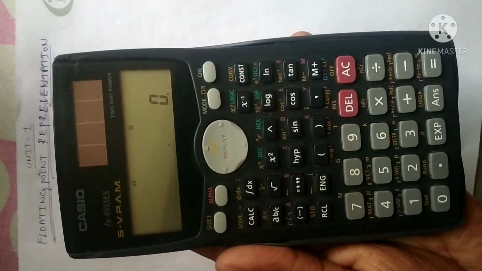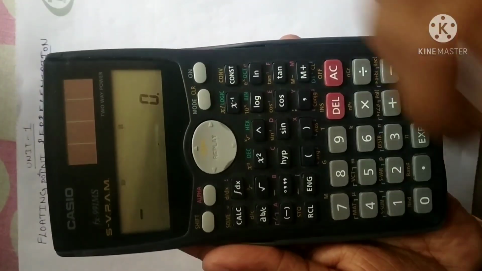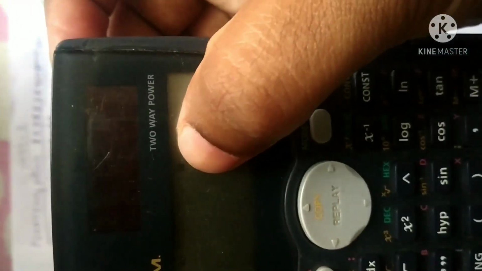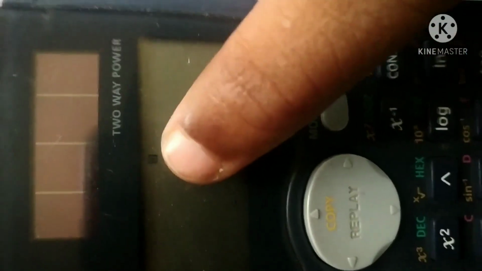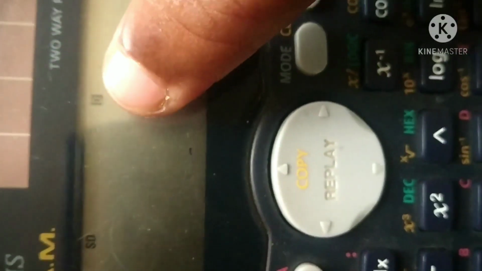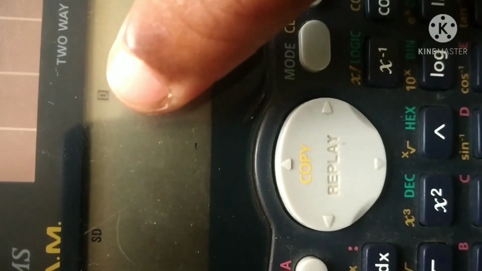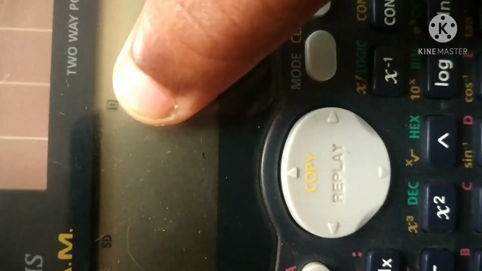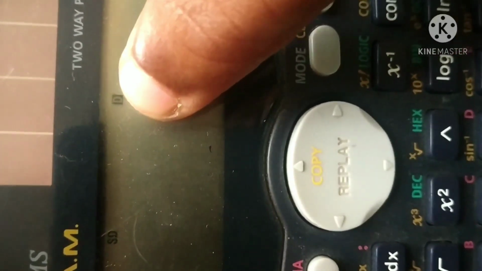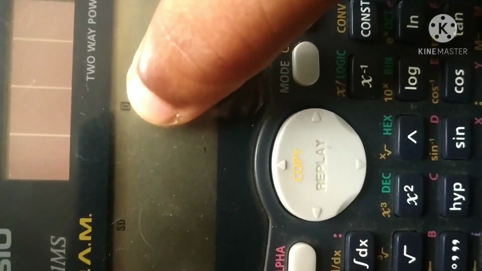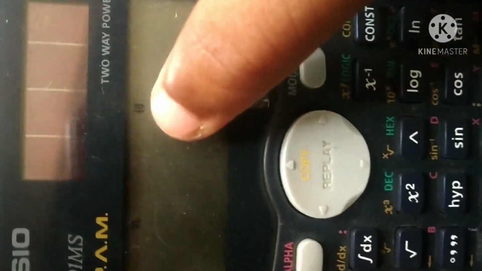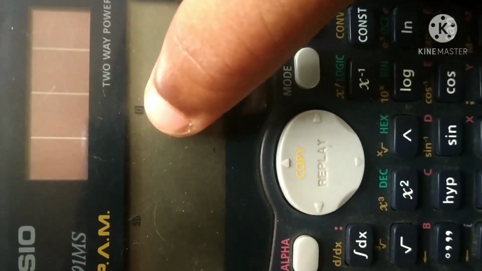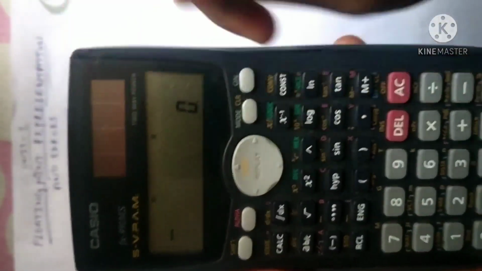Fine, that's all the setting. When you click that, you will get D here. Can you see now? Yes, see here, when you set for degree you will get D here. For all the calculation you have to set for D. For the trigonometric functions later you will get radian, and I will tell you when you have to change. So right now you are going to set for degree. Fine, keep the calculator aside. Now let me start with the session.